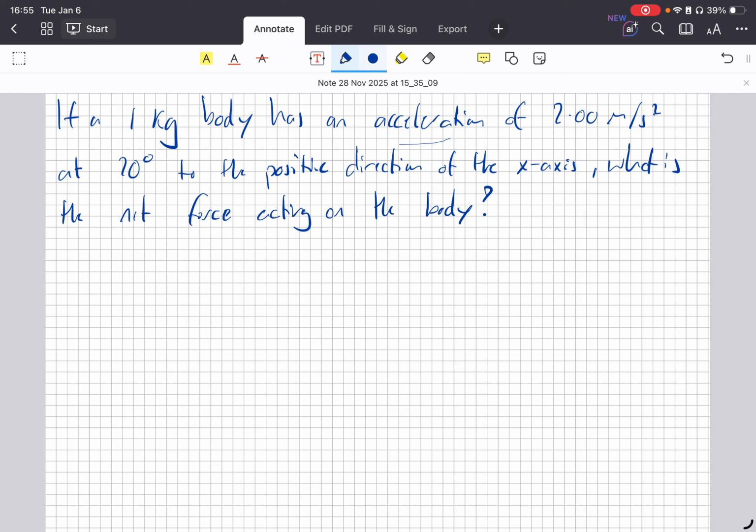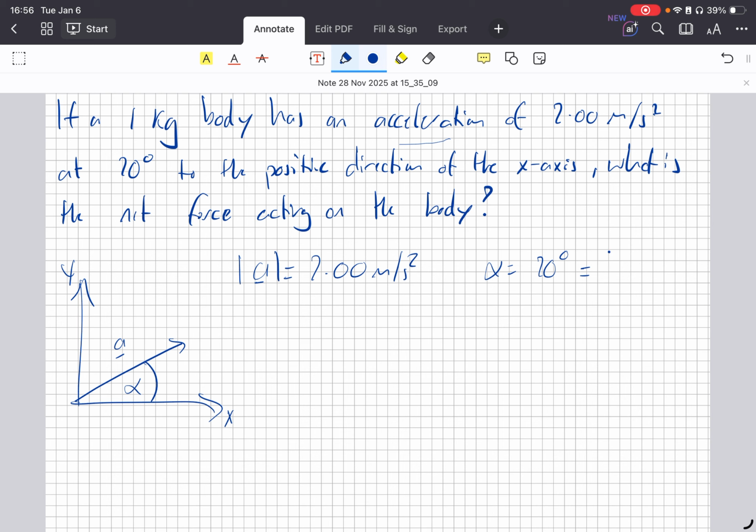Well, first of all, let's draw a diagram which shows the different forces acting here. So we have motion in this two-dimensional plane because it says it's at 20 degrees to the positive direction. Let's just mark that angle on there as alpha. And this is the acceleration that we're given in the problem. So we have that the magnitude of this acceleration is 2 meters per second squared, and this angle here, this alpha, is 20 degrees, which if you work in radians is